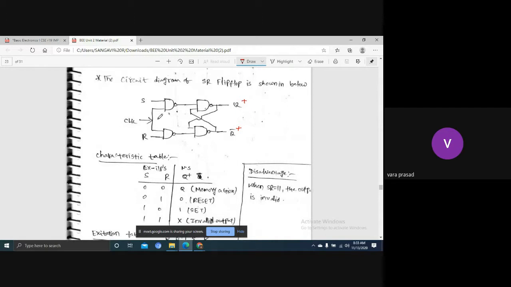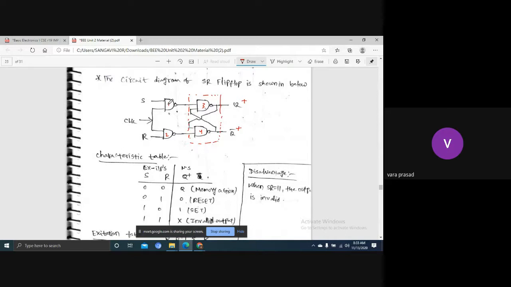Please keep in mind, if we get the JK flip-flop, first you have to remember this one. With a little bit of change of the JK flip-flop, based on that, we can easily draw the D flip-flop and the T flip-flop also. Now see here, I will give the numbers 1, 2, 3, 4. We implemented the SR flip-flop using NAND gates. These 3 and 4 gates are the same in all the circuits. This setup doesn't change for all the flip-flops.